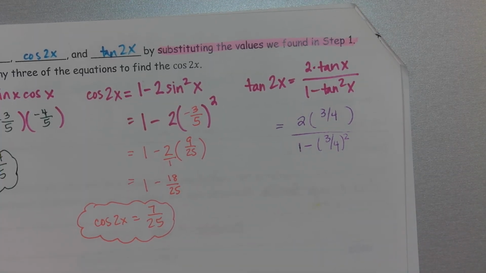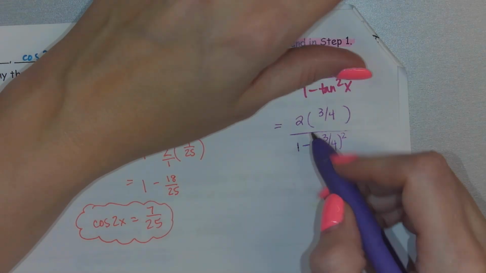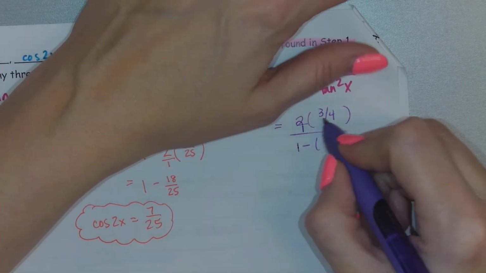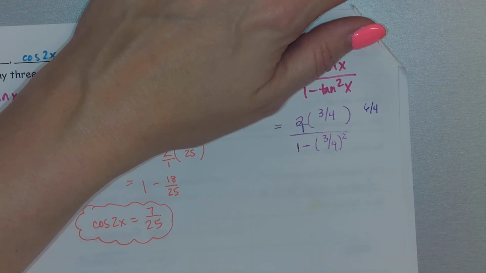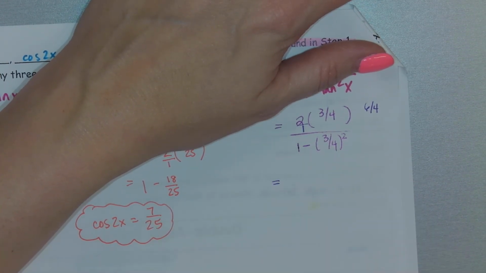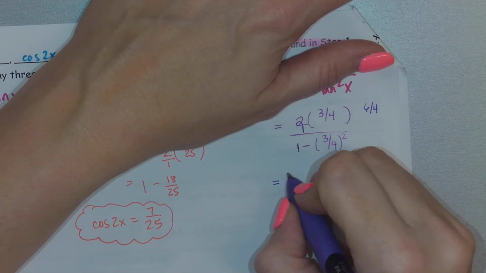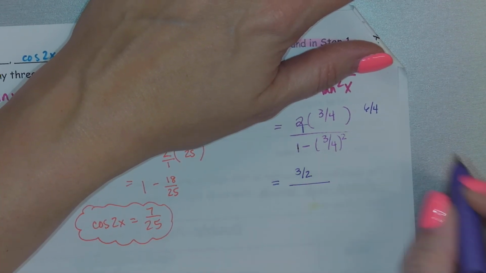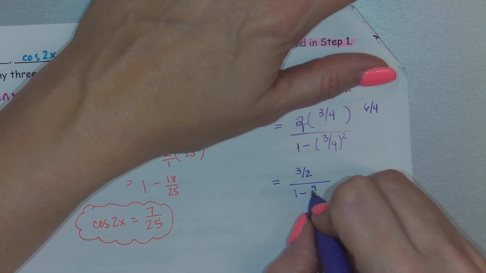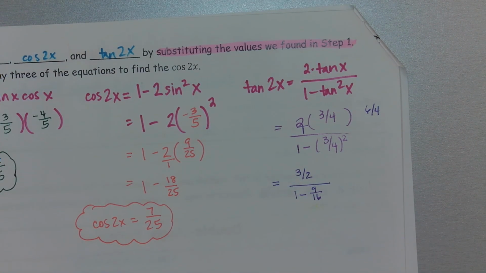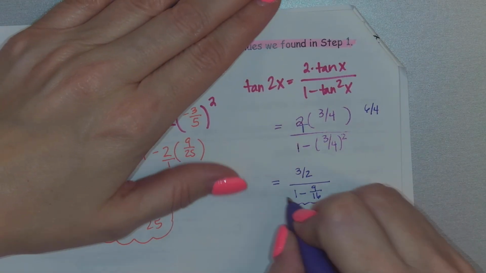Okay, so when you're doing this one, this is like 2/1. So 2 times 3 is 6/4. What does that reduce to? Yep. So 3/2 on the top. Okay, and then here you have 1 minus, if you square this, 9/16. Whenever you have a 1 minus, you're just changing that into 16/16. Okay, so this is going to be